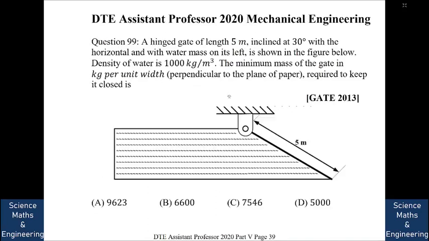So next question. A hinge gate of length 5 meter inclined at 30 degree with the horizontal and with water mass on its left is shown in the figure. So this is the water mass, this is the hinge gate. The minimum mass of the gate in kg per unit width perpendicular to the plane of paper required to keep it closed is, so water is going to escape, but because of the weight it is being closed. So we need to find out the minimum kg per width of this gate. So the answer is,